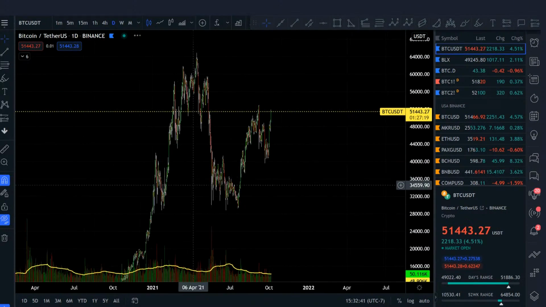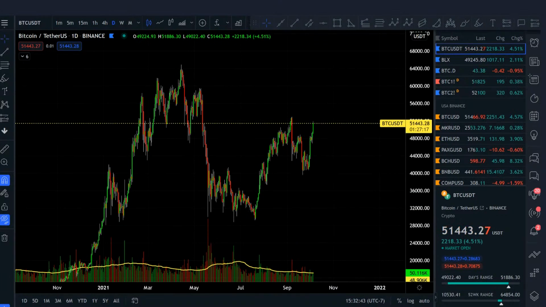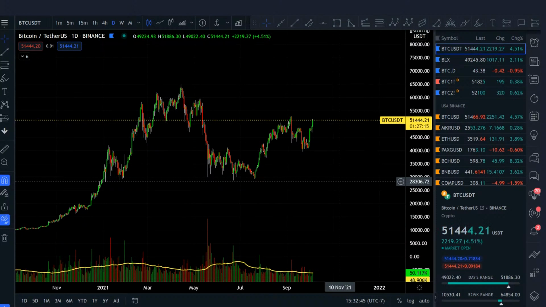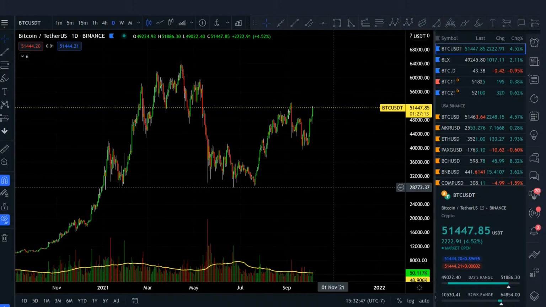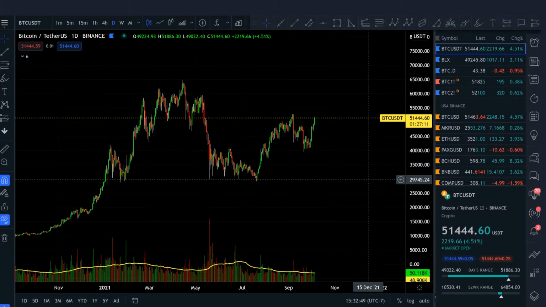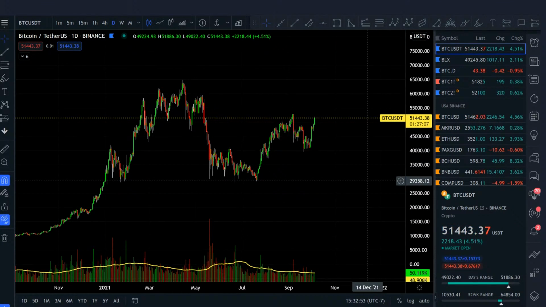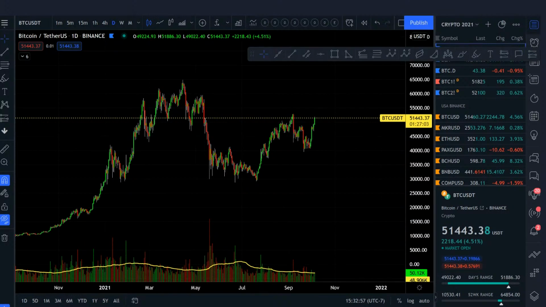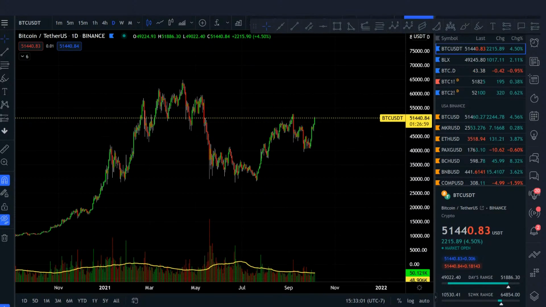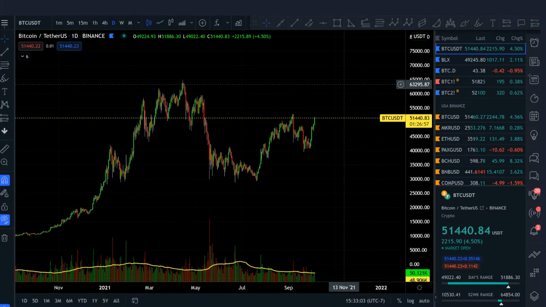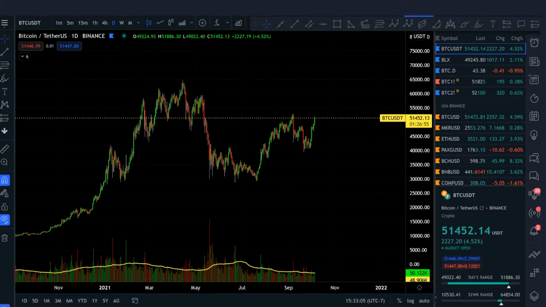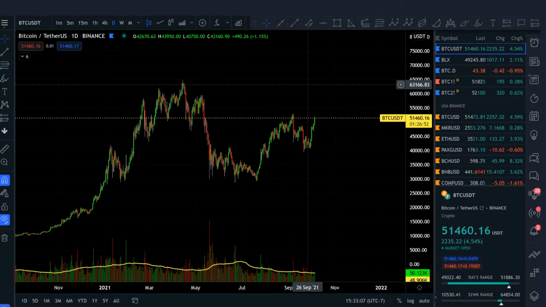If somebody's a beginner, and not everyone here is a beginner, there are beginner, intermediate, advanced people in the live chat every time. But if you consider yourself a beginner on TradingView, and you're trying to learn more, practice on Bitcoin. Understand the tools, right? I'm going to end in a couple minutes here because I'm doing way too much education. One day I'll do an education stream, because people always ask me,